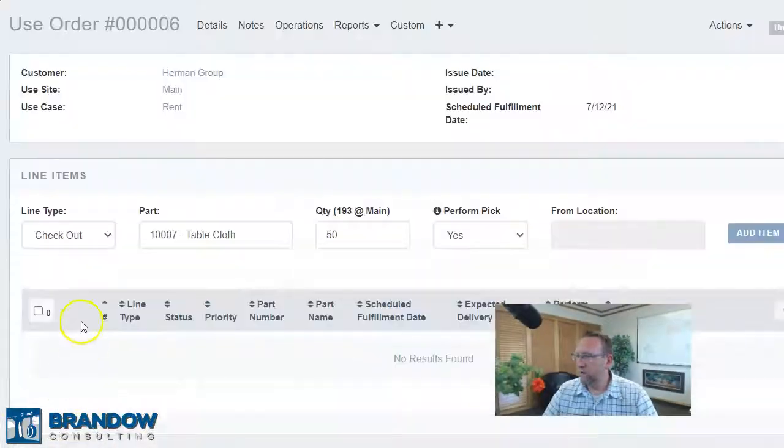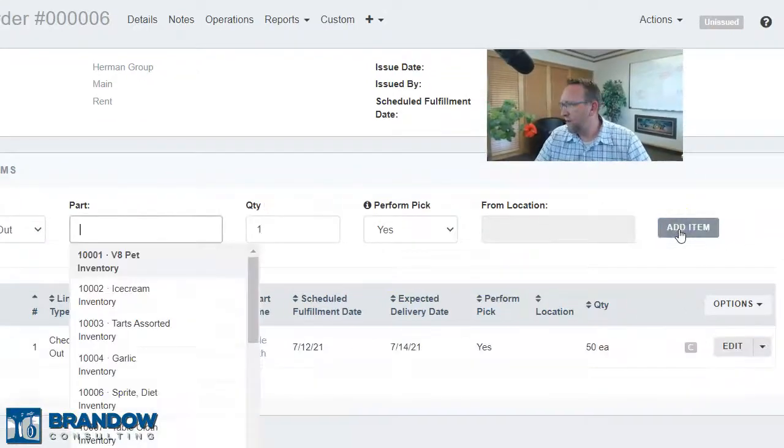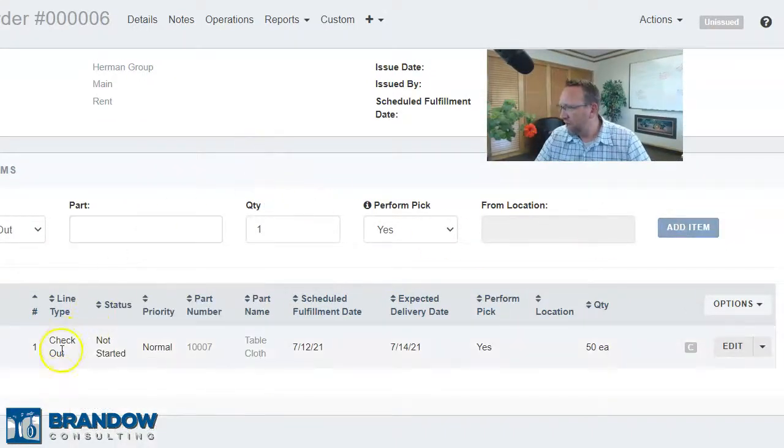So when we gave out that free sample in the previous example, the inventory was depleted and decreased. Assets were credited. Cost of goods sold were debited. This will create no accounting transaction. So I just add the item, and now we have a checkout type item. That's the key right there. It's got to be a checkout type, not consumption. So now we can come up here,